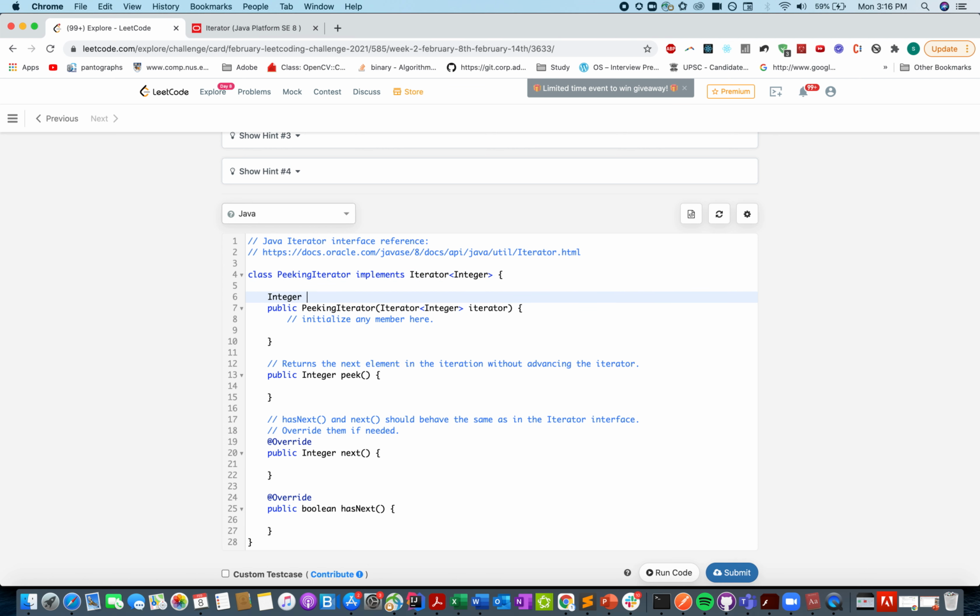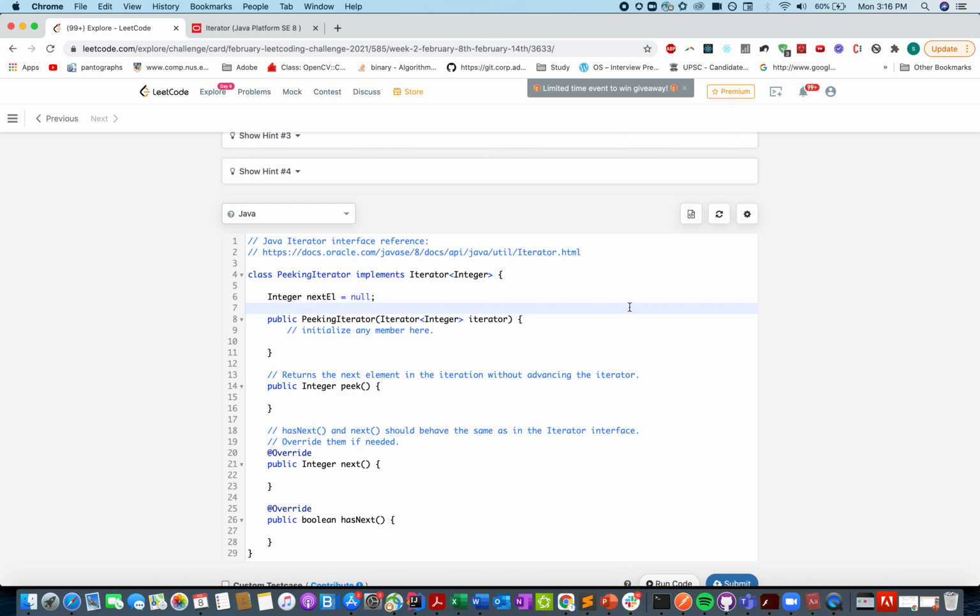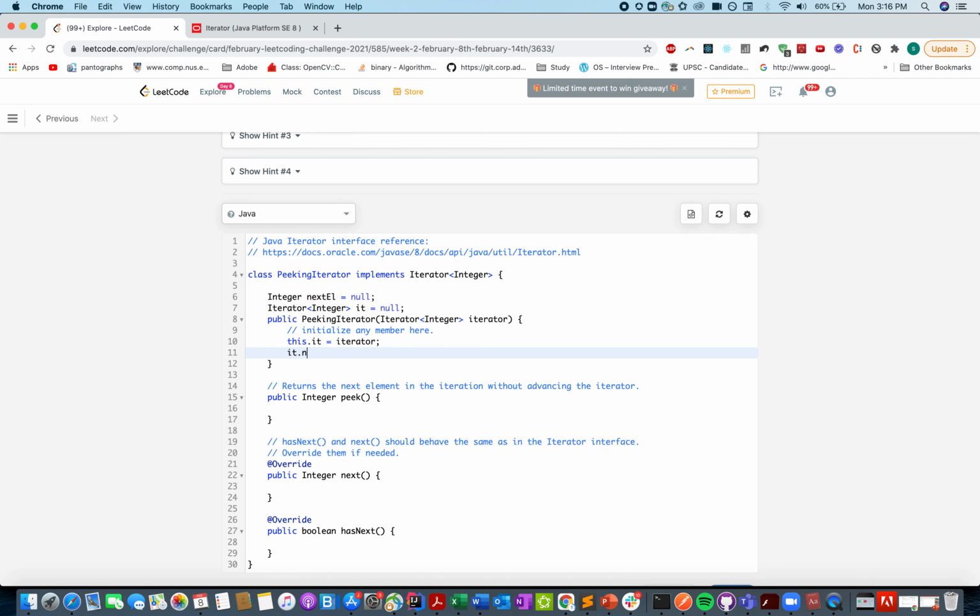Defining the variable next element, that is initialized to null here, and a Java iterator of generic type Integer is also defined. this.it equals iterator, and it.next points to the next element.